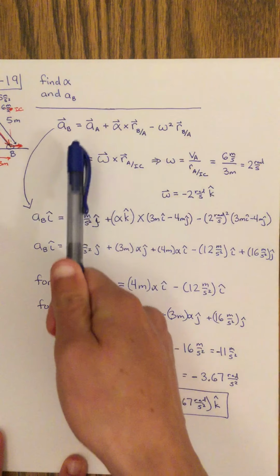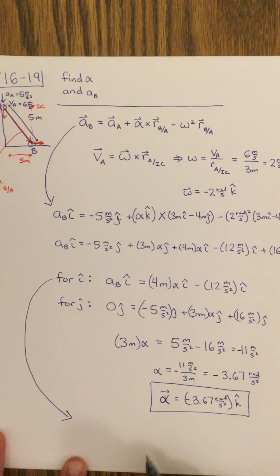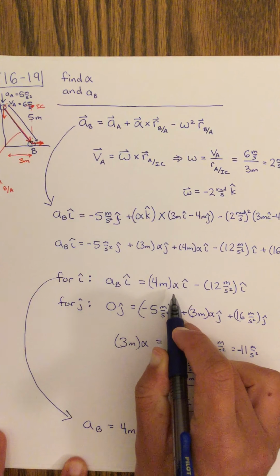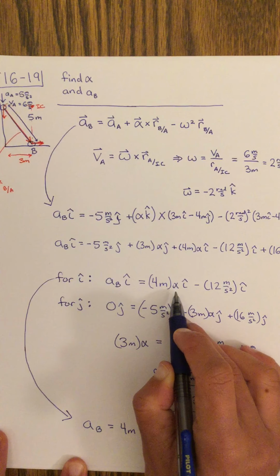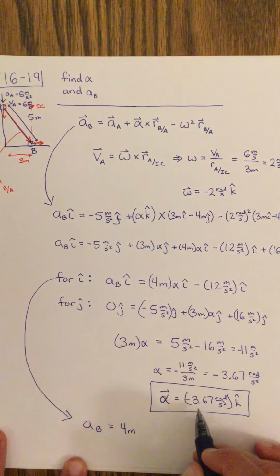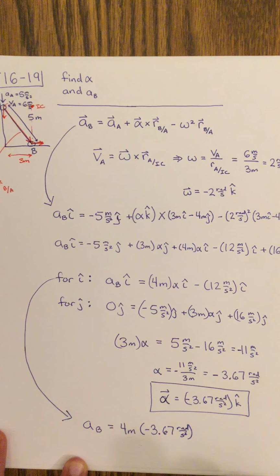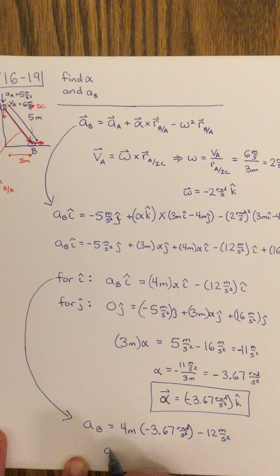So we found that, and we also have to find the acceleration of point B, which we're going to get from looking at the i hat component. So now this comes down here. Let's leave out the i hats and just write this as the acceleration of B is equal to 4 meters times the angular acceleration, which is negative 3.67 radians per second squared. This here, we already took care of the direction, right? So the alpha that we have here is just the component that we had here, which is negative. So this is minus 3.67 radians per second squared. Then I have minus 12 meters per second squared, and that is going to give me something negative for the acceleration of B. The 4 times the negative 3.67 minus 12 gives me negative 26.7